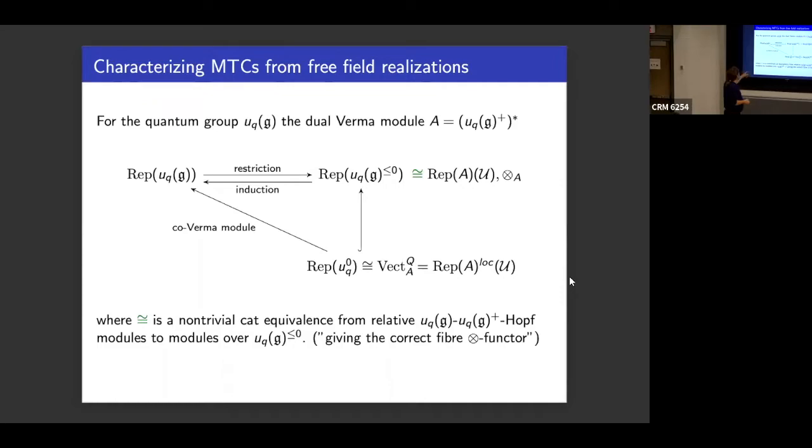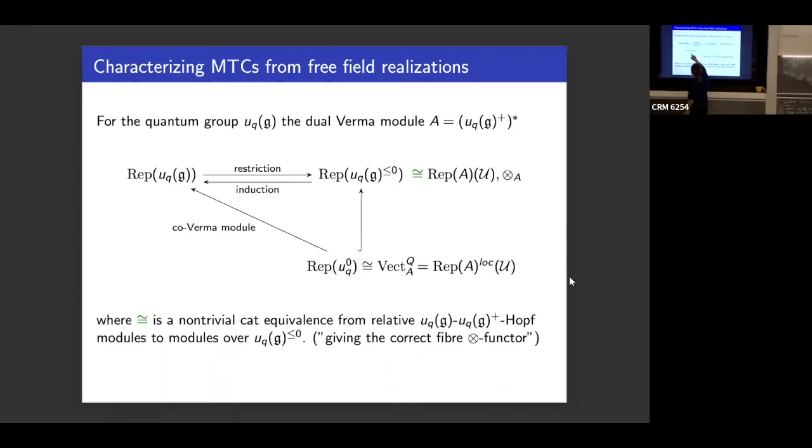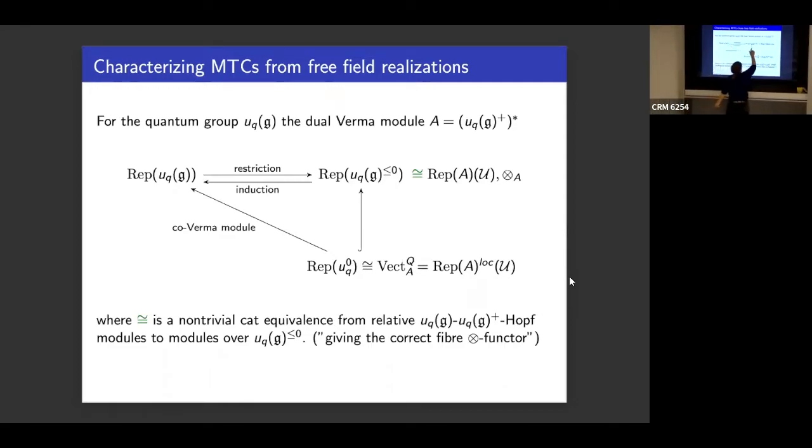So for the quantum group, there is the dual Verma module. And what you have here is representations of the quantum group. Here you have representations of the semi-simple part, this is Vect A. And now it's a little bit difficult. What is this? This is now representations, I have it written here, over the dual Verma module inside the quantum group. So it's U_q(g) plus Hopf modules. If you don't know what a Hopf module is, it doesn't matter. But if you know it, it's Hopf modules. So it's somehow two structures at the same time with a tensor product over this algebra. So that's maybe a weird guy.